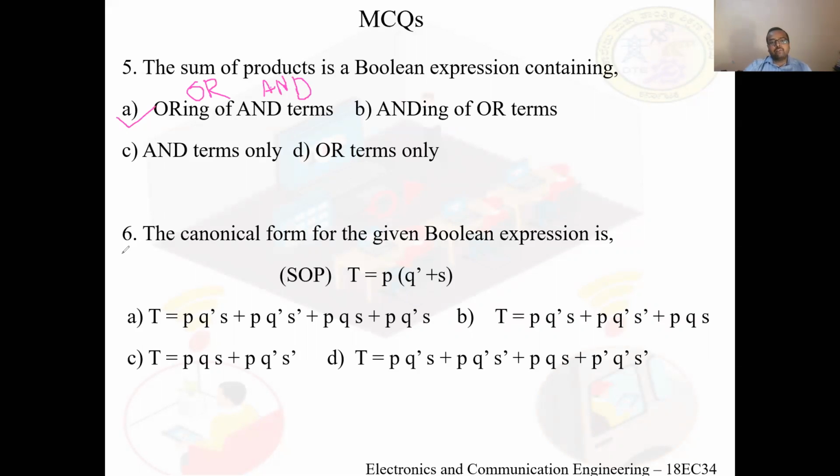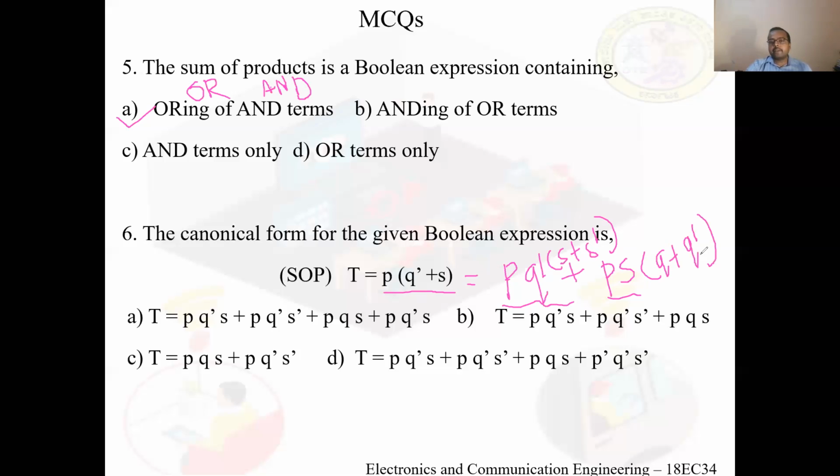Sixth one, the canonical form for the given Boolean expression is. Now, what is the correct option for this one? It is given here. Now, how do you convert this one? You write it as P Q bar, or you write it as P. Now, which are the variables missing here in this one and this one? It is Y. How do you write it? Y or Y bar. Similarly, what do you write here? It is Q which is missing. Q or